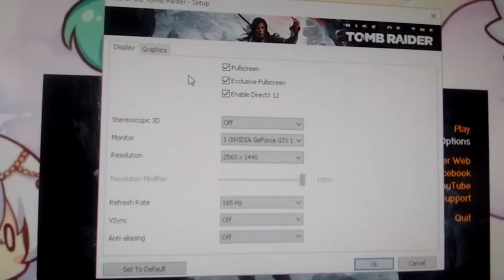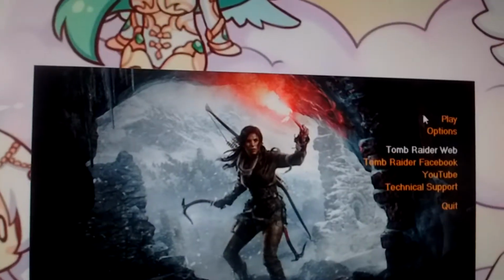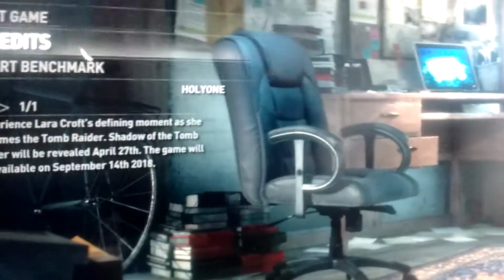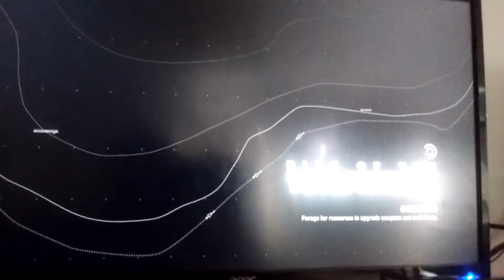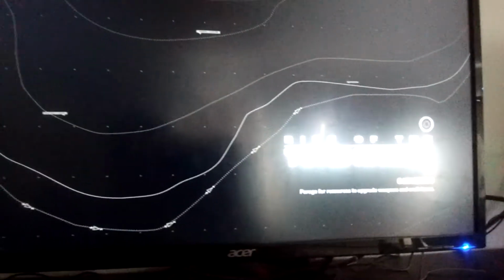Tomb Raider 1440p, no anti-aliasing, full screen. Every graphical setting is maxed out. Everything is turned to max. Tessellation, HairWorks, all of that. Let us begin the benchmark, guys. See how it handles Rise of the Tomb Raider. Now my 1700X gave me 110 frames per second with these settings. So we're going to see how